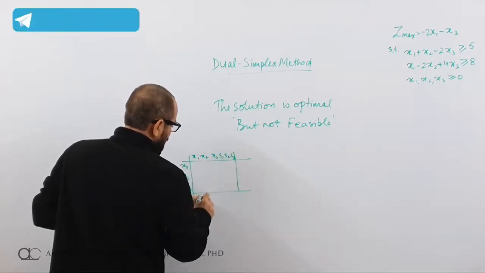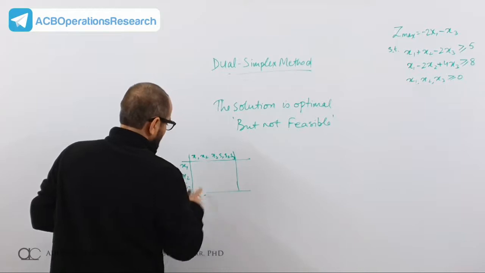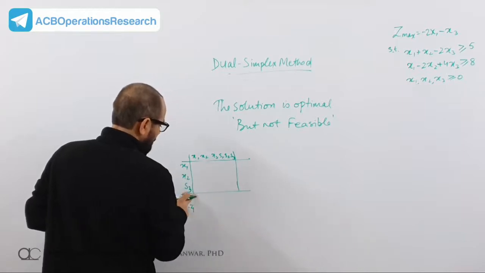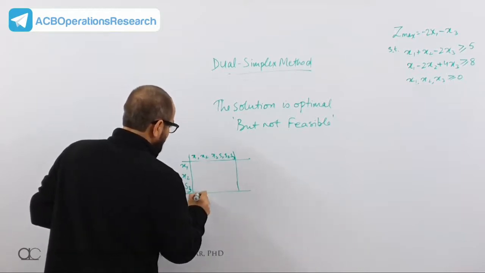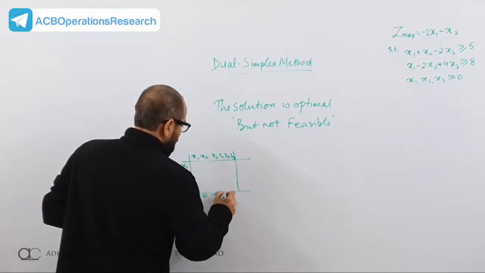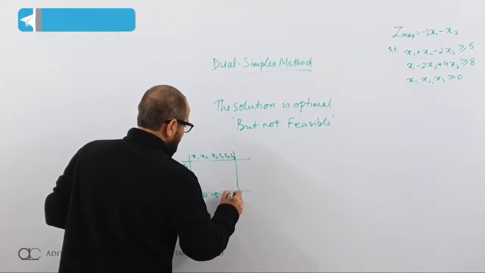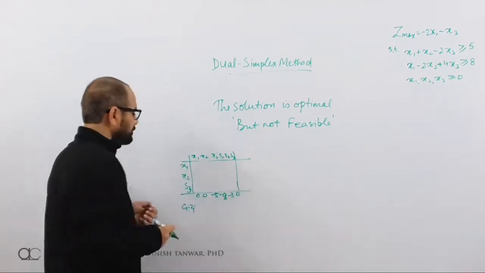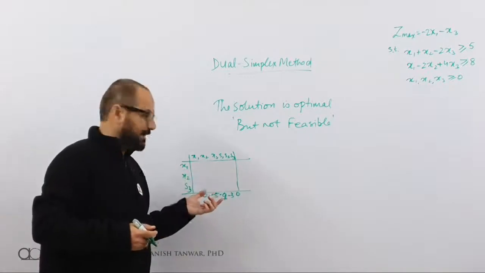This is minus 4, this is minus x1. It will be a 0, 0, minus 5, let's say minus 2, minus 3 and 0. So if we have a look at this scenario where we have x1, x2 and x3 as our basic variables,